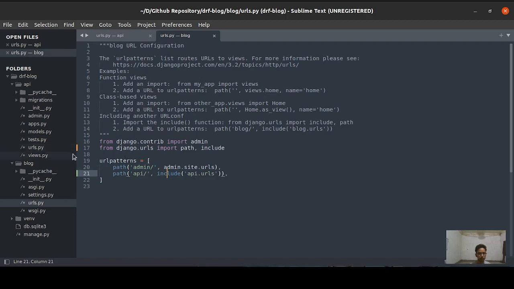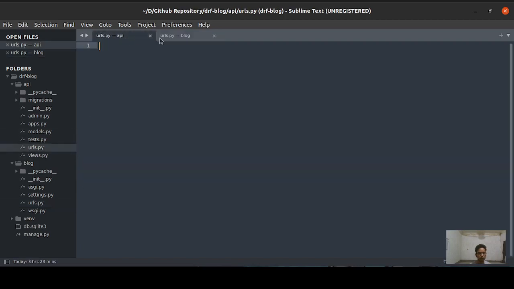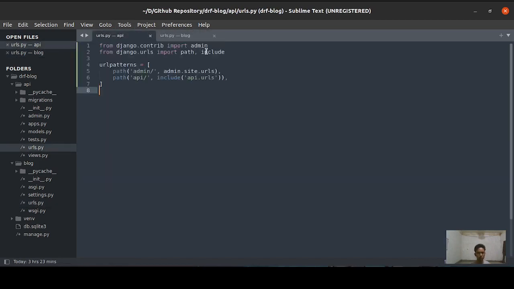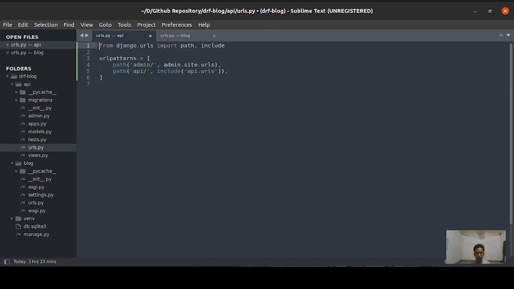So what we need to do here is create APIs here. We will be creating our APIs route here. So let me do one thing: let me just copy it here, and remove this part, since we don't need it. And here we will be creating all the URLs.